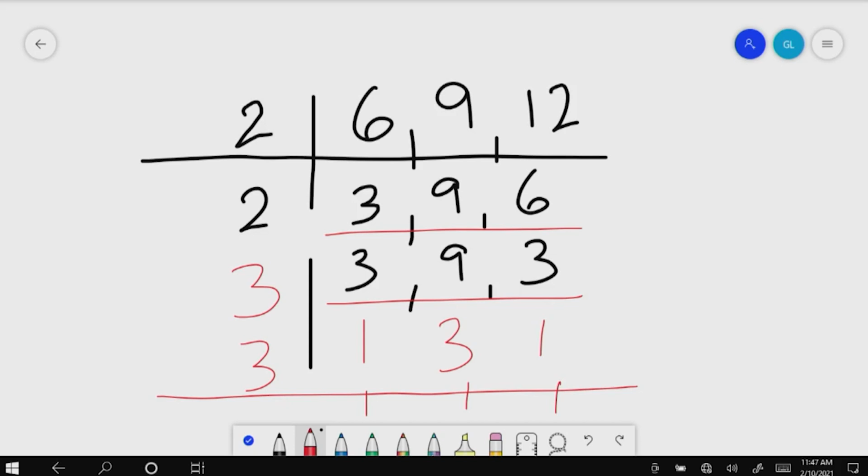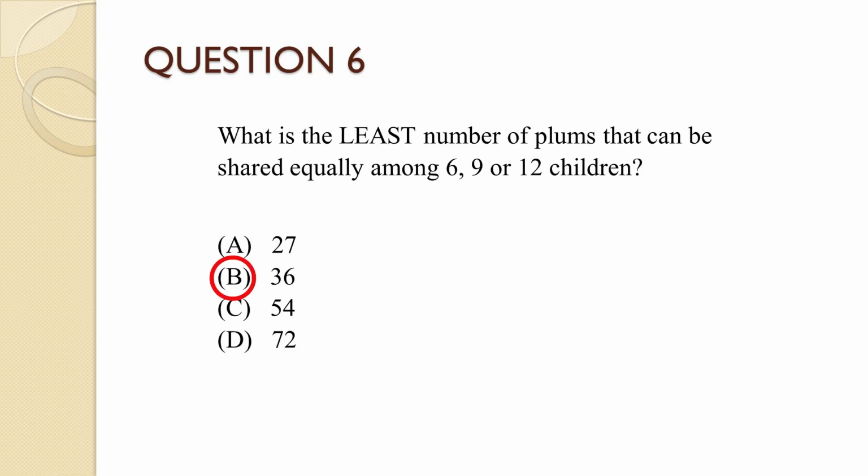Hence, the lowest common multiple among the 3 of them would have been 3 times 3 times 2 times 2, which would have been 3 times 3, 9, 9 2s 18, 18 2s 36. Our solution for this question is B, 36, the least number of plums that can be shared among 6, 9,